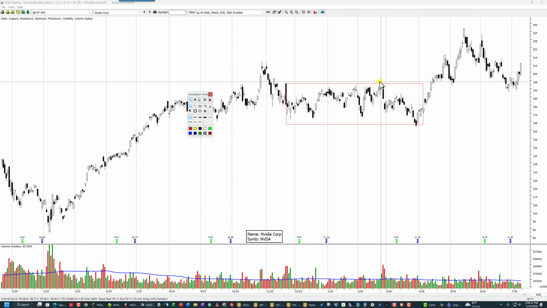And it broke past resistance, went beyond it, came back and tested it, and then went up to the top and broke out. This must have been earnings right in here. And then some traders or profit takers thought it was overpriced, and it sold off, tried to rally here, and it just kept drifting down. And in this area here,